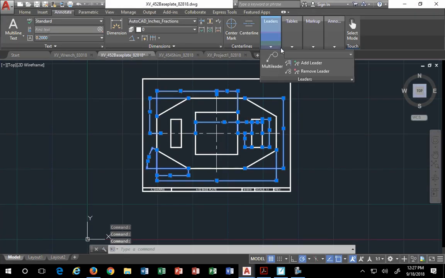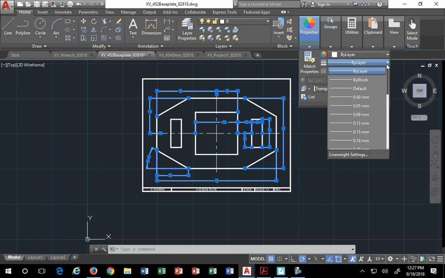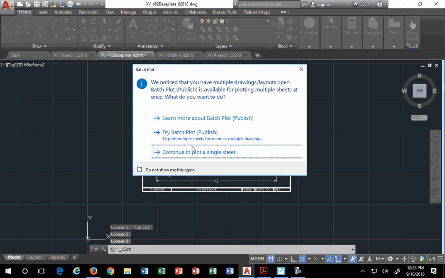And I have to make sure that my line weight, which is under home, properties, I need to make sure my line weights for these are actually really, really thin, like 0.05 thin, okay? 0.05 thin. That's important. So I click on one afterwards and make sure, yeah, 0.05 thin. Now if I go to print, continue to plot,